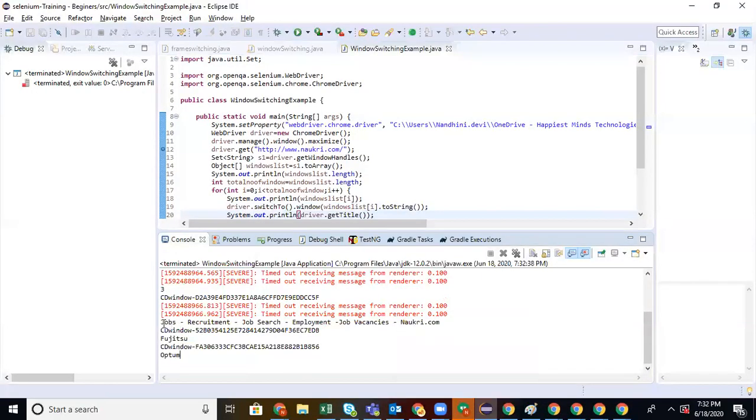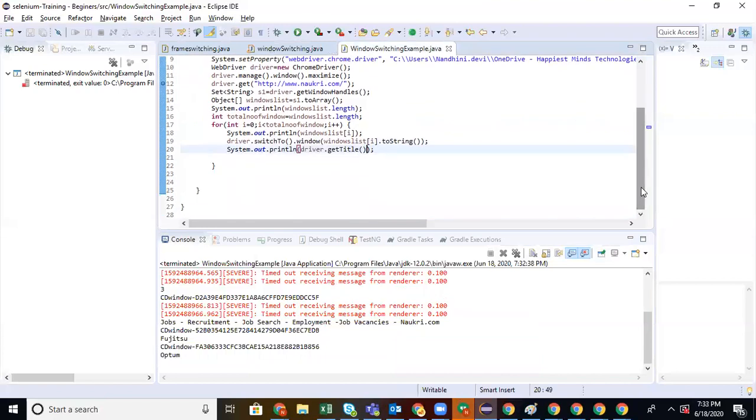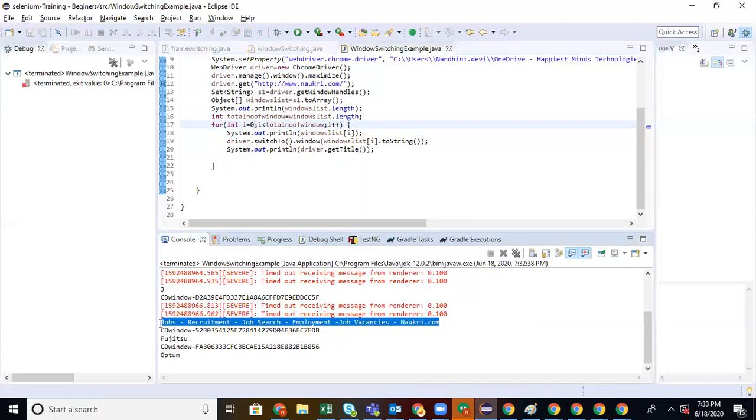So see, the first window is the main window. Other than that, the other two are the sub windows. So you can leave the first window; the remaining windows you have to handle. So window list of 0, I don't want to do anything. From this we understood that the first window name it is returning is your home window. The other two will be the sub windows. I wanted to go only with the sub windows and close only the sub windows.